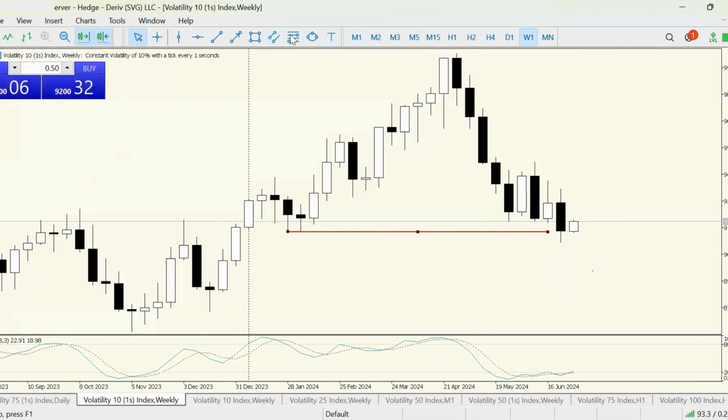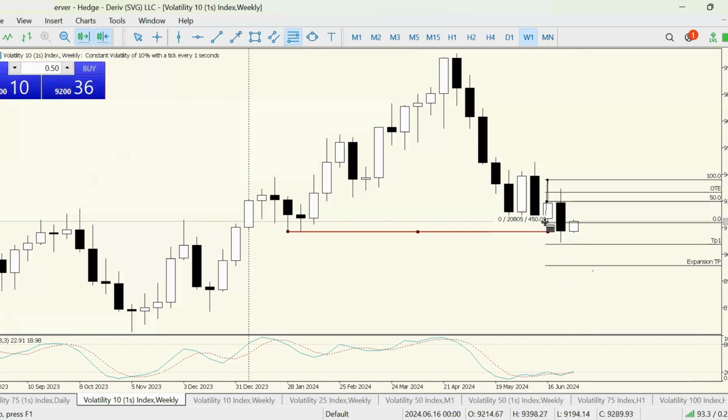But if we do the inverse connection of the fib retracements, like from that swing high and this swing low,